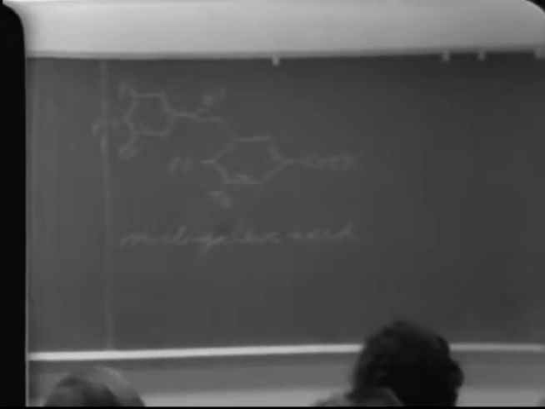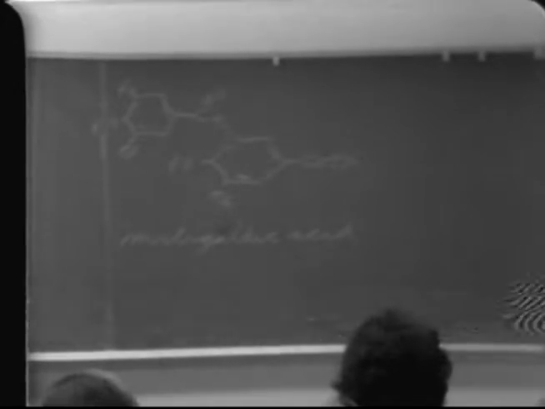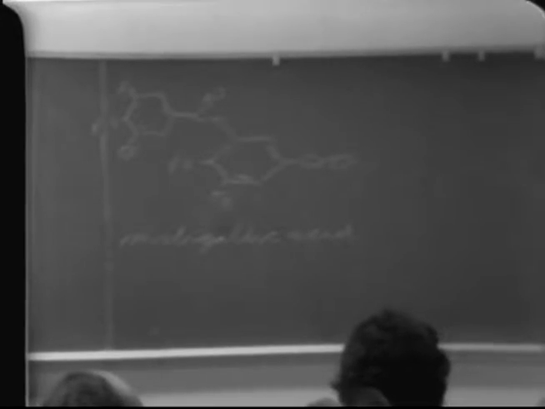And I don't know why, but for some reason or other, a lot of old bottles of tannic acid are improperly labeled meta-digalic because they are just tannic acid, and they contain a fair amount of meta-digalic, but it's by no means pure, and not even the major constituent in many cases. Well, with that one exception, there are relatively few true depsides in higher plants, but there are a number of phenolic acid esters that are important, and perhaps it's not quite fair to group them with the depsides, but it seemed like the best place to discuss them.